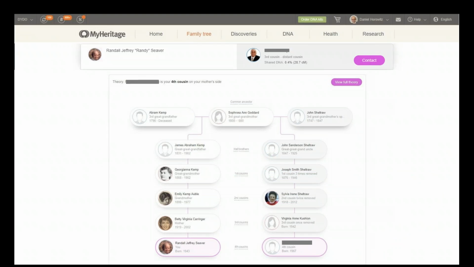Now, because I don't have a theory for my own DNA, I have asked permission from my good friend Randy Sievers, and he allowed me to use his match. So once you go into the review match, MyHeritage is telling Randy in this case that he has a match with a possible third cousin or fourth cousin, and it's also giving him a summary of how he is related to